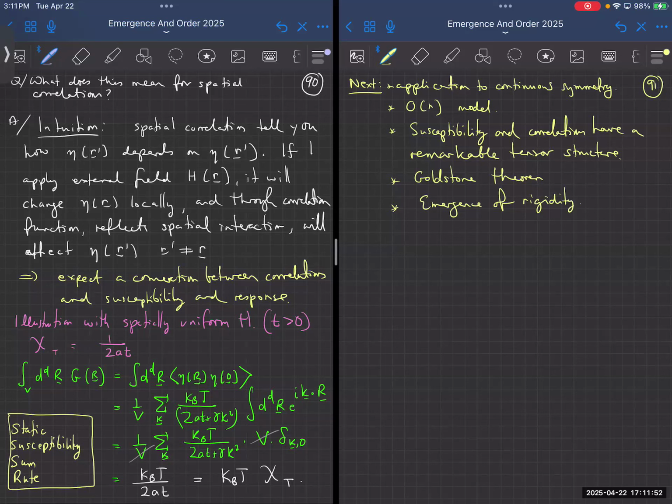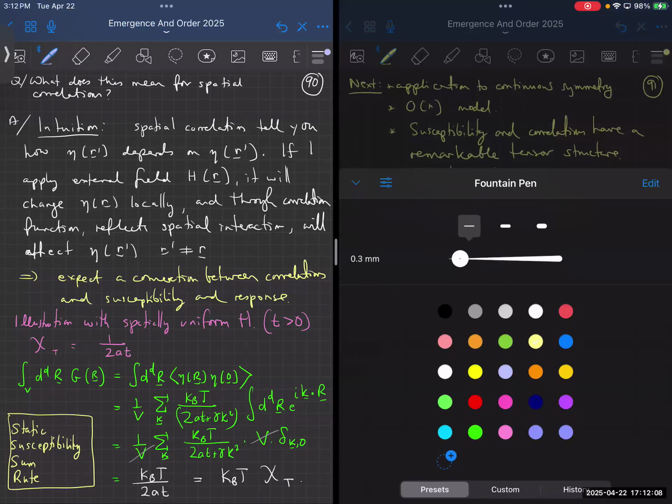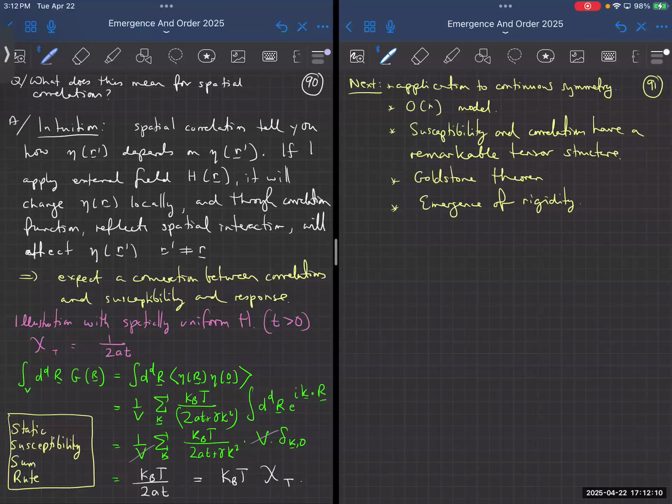So we've actually done all the hard work. And so the rest of this is a sort of downhill kind of calculation. So let's do it. We're going to generalize everything. Everything that we've done before, we're now going to generalize to the O(N) model. So here's the setup. We're going to apply